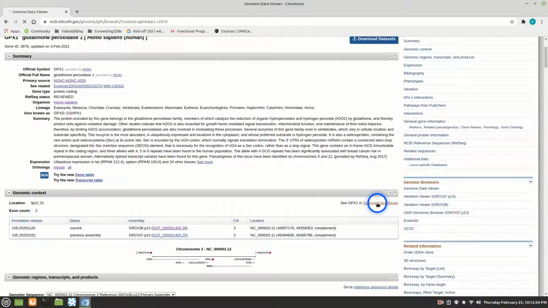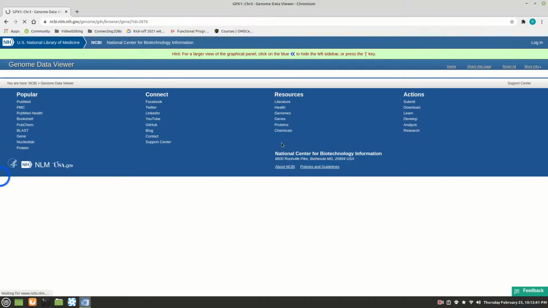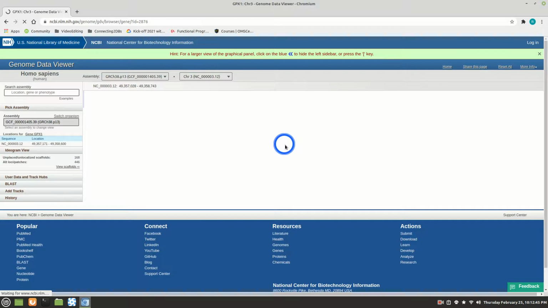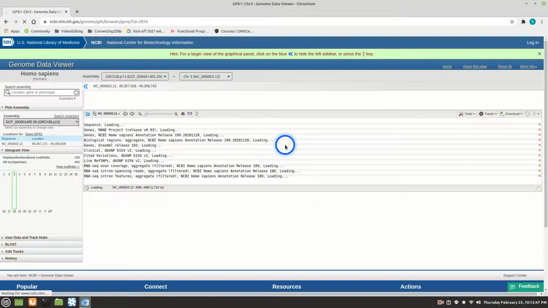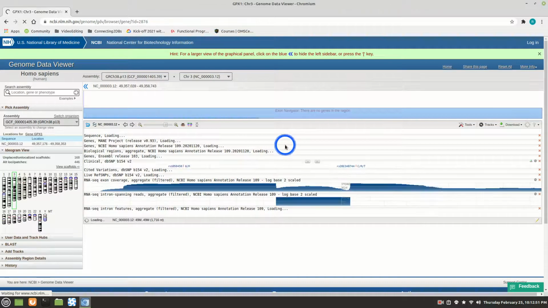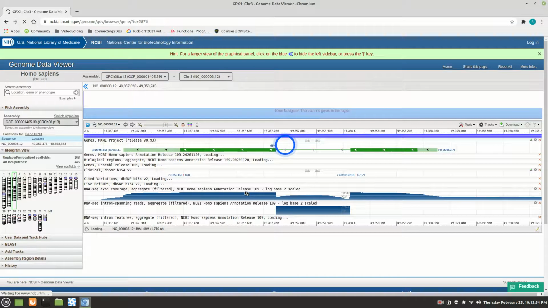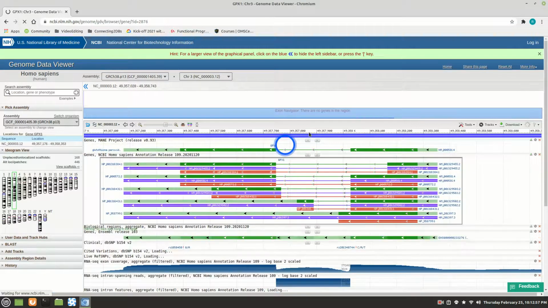Takes a second. Okay, now here we are at the genome,